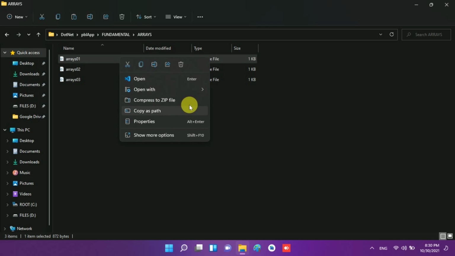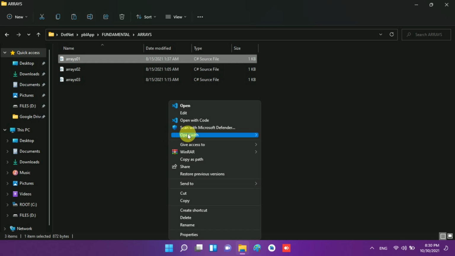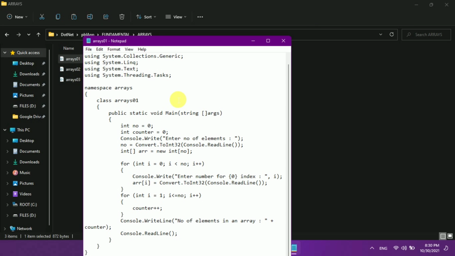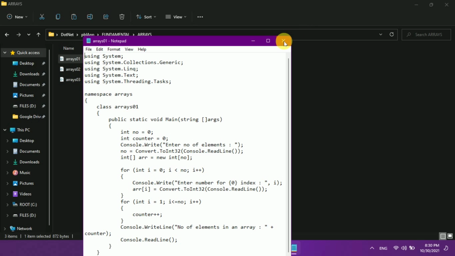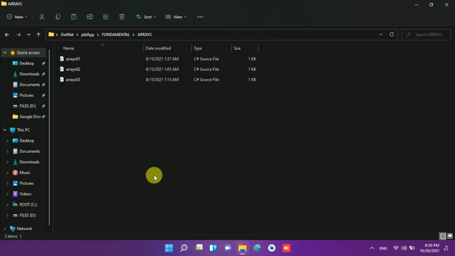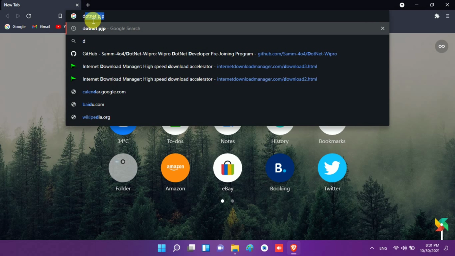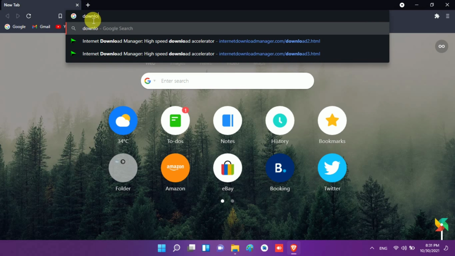I will show you. I right click, go to more options and edit. Now it will open in Notepad, and here you will see the source code. So you need to create a source code file to zip. You need to download a software, and I will tell you which. You need to open your browser and type here download WinRAR.